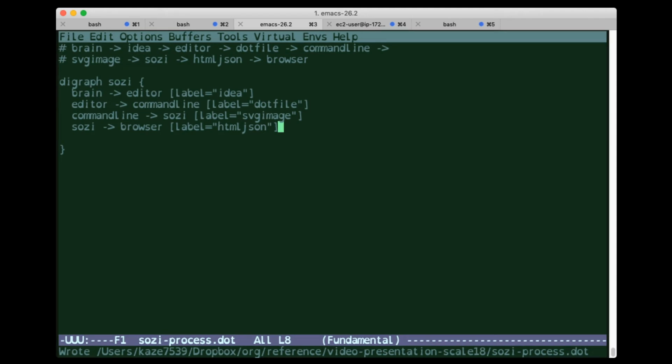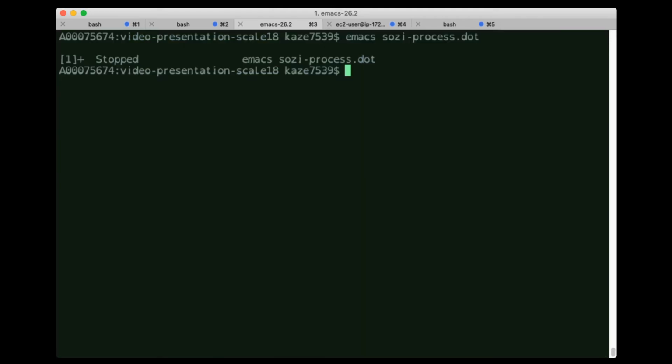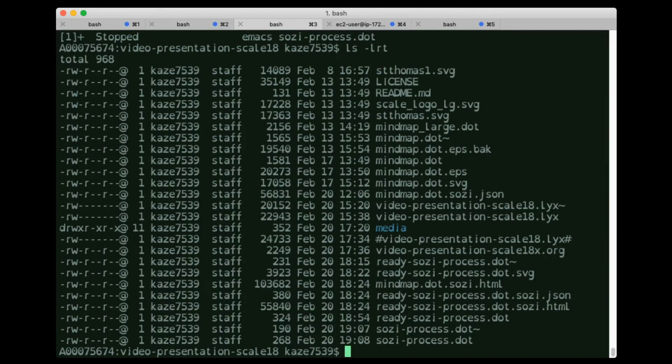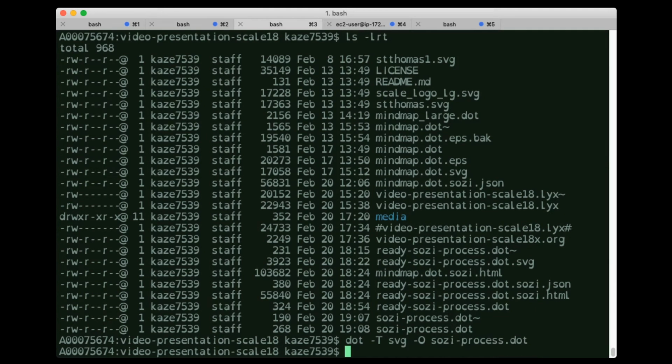So now what I can do is I can get out of this, and I can see that I have this dot file here. What I'll do, the command line tool is also called dot, and so I'll give the type of output file will be SVG, and then if we give it -O, that will automatically generate a file name output. And so I'll give it this Sozi process dot dot, and now if I do ls -lrt,